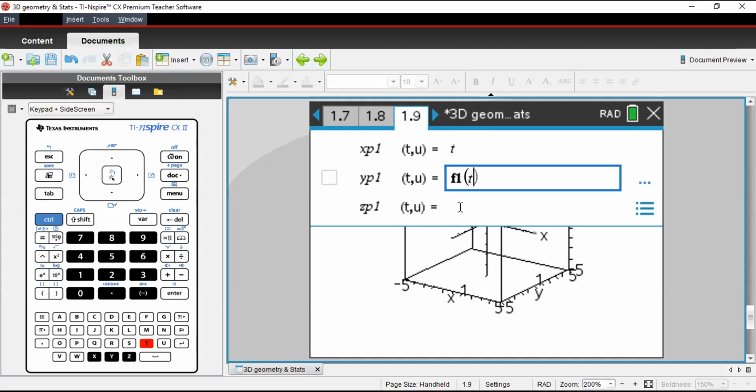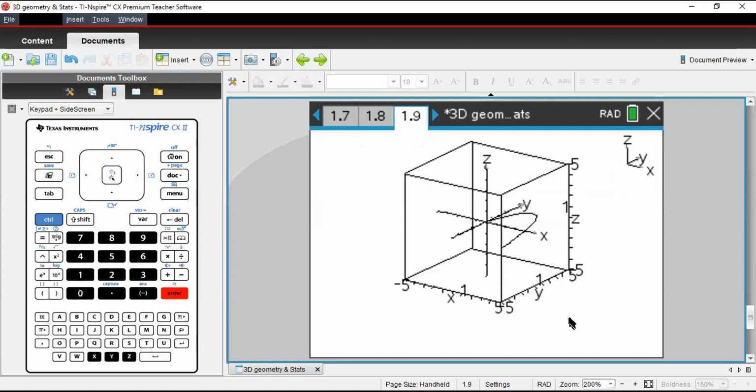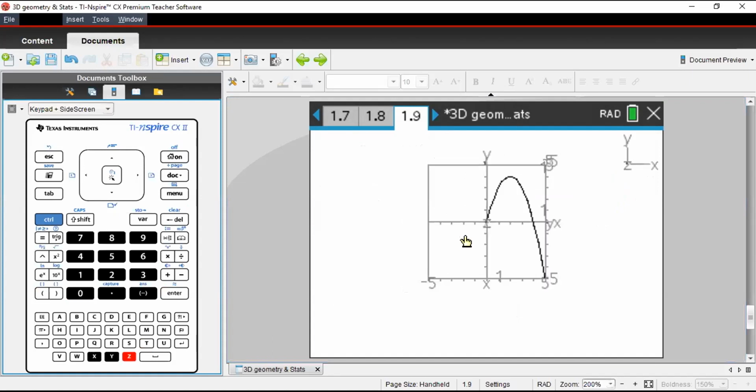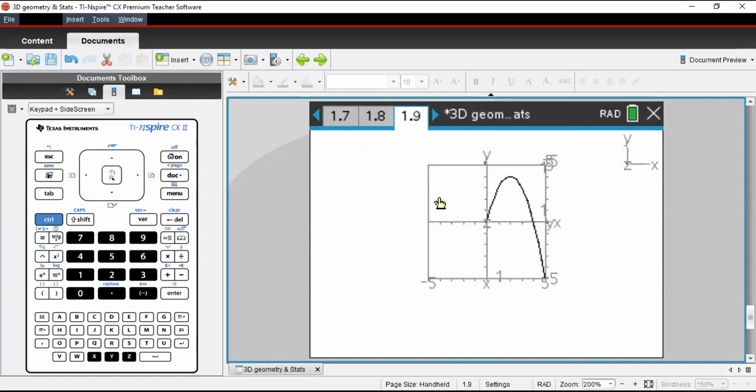So it will now be in terms of t. As we are sticking to 2D to start with, let us take our z coordinate as 0. Hit enter. Now here you see, you have this graph, the same as this one. The 2D is just replicated on the 3D window.